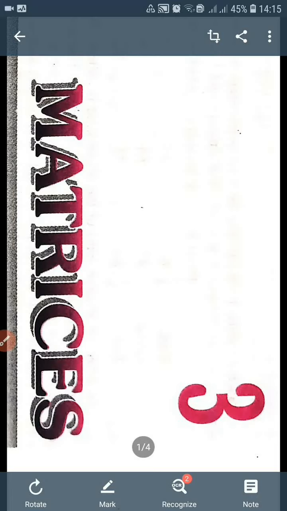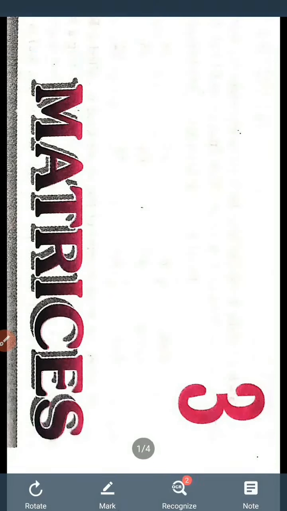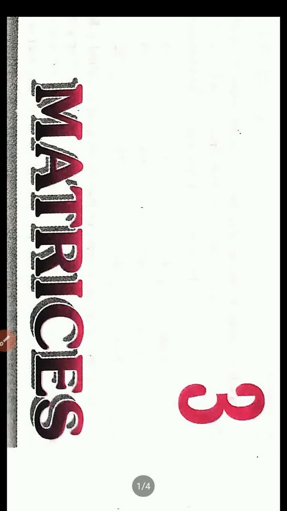Dear students, today we start the third chapter of the NCERT book, that is Matrices. Actually, matrices have been found to be of great utility in many branches of applied mathematics, such as algebraic and differential equations, mechanics, theory of electrical circuits, atomic physics, statistics, economics, etc. In fact, computer technology has given wings to the application of matrices in solving problems efficiently with speed.